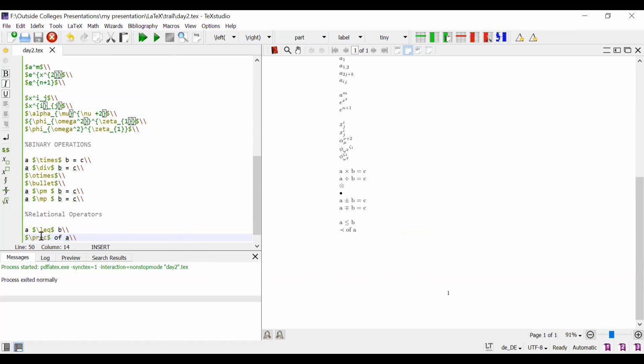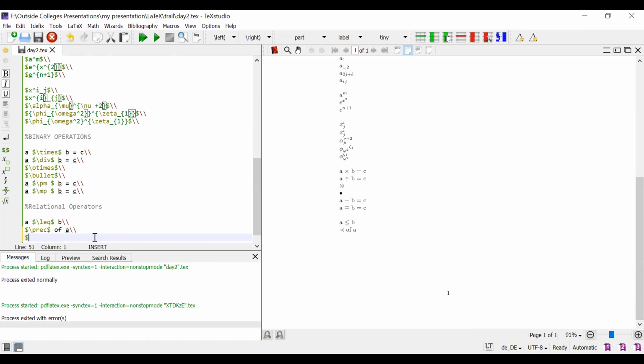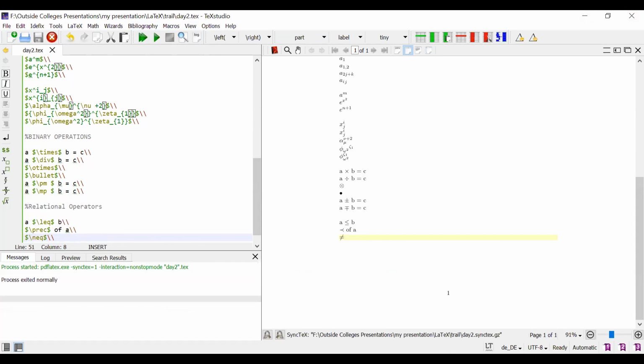Instead of \prec, we can use \succ. Next, a frequently used symbol is not equal to, \neq. For equal to, you can just type the equal sign from your keyboard, but for not equal to, you have this keyword, slash neq.